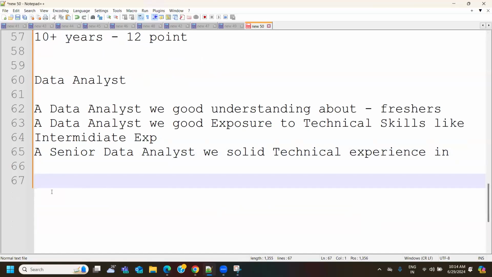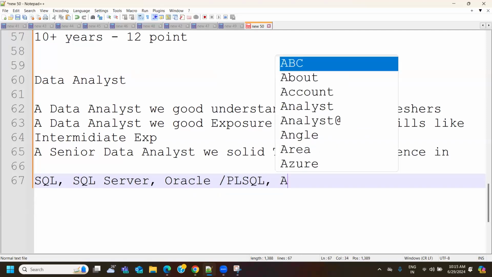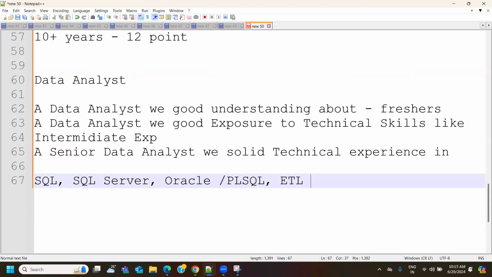Now, coming down to the second line, whatever skills you have, you can mention. Starting with SQL. In SQL, if you specifically know SQL Server, mention SQL Server. You know Oracle or PL/SQL, mention PL/SQL. Now, maybe you know ETL, mention ETL.